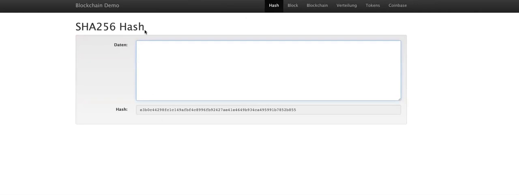So to start off, we're going to deal with hash functions. And as we know, for Bitcoin, we are using the SHA-256 hash function. The 256 in this context stands for the fixed length of the hash that we can see down here, meaning that no matter what is typed in or what isn't typed in, you see there's a clear field here right now, and we still have a fixed length of 256 in our hash function. If I change that, for example, by typing in a dot, you see it changes, and the fixed length, however,